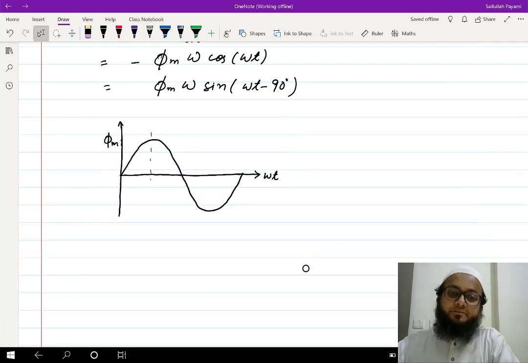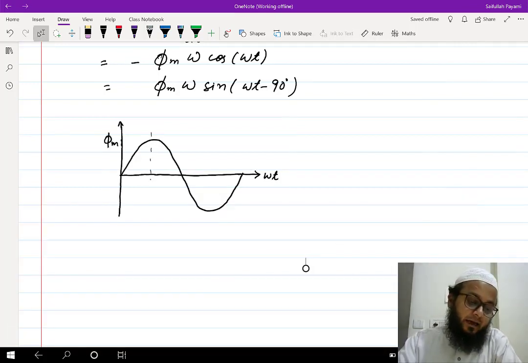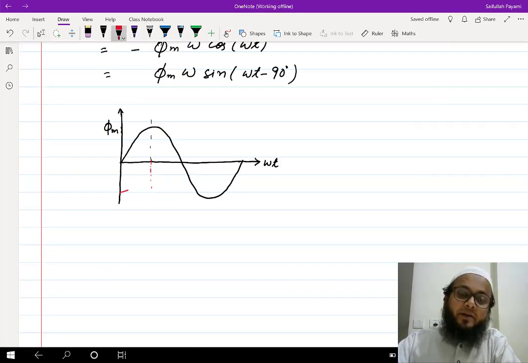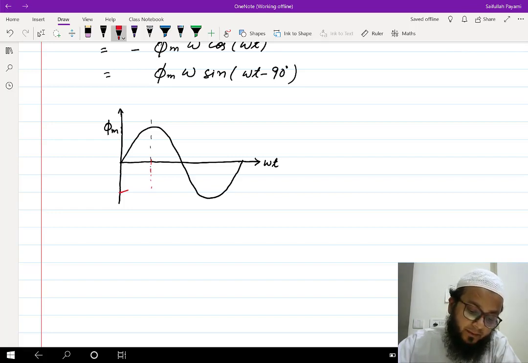So we can draw the flux and the induced EMF here. From 0 to pi by 2, what we have seen is it is negative, and obviously you can see here this is the region where d phi by dt, the slope, is maximum. So when the slope is maximum, the induced EMF would be maximum here, and here the slope is minimum, so the induced EMF would be minimum here, and similarly in this region you will have maximum, and if we proceed further, we find it here. So it justifies this as well.